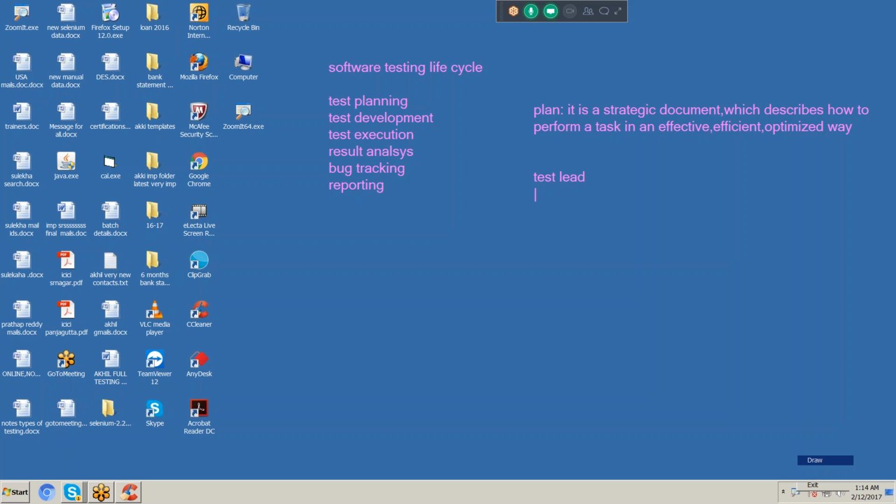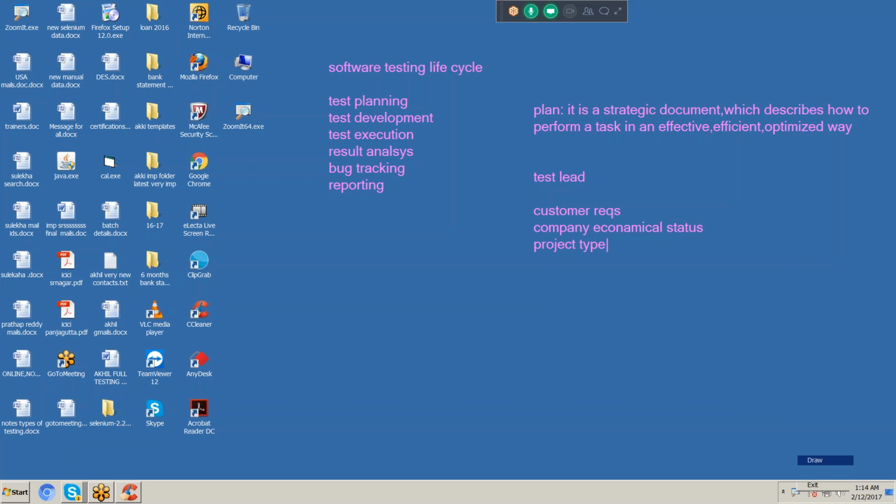This test plan document is prepared by the test lead based on the customer requirements, second, company economical status, and third, project type.